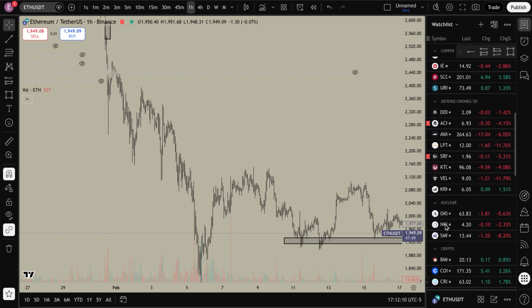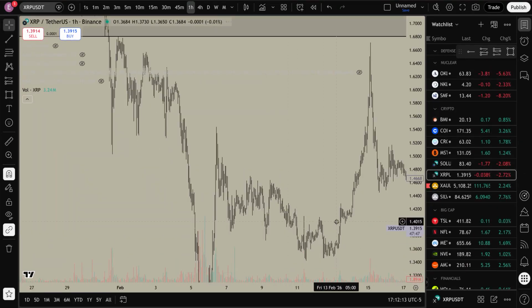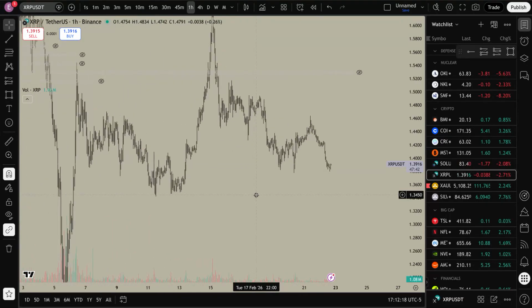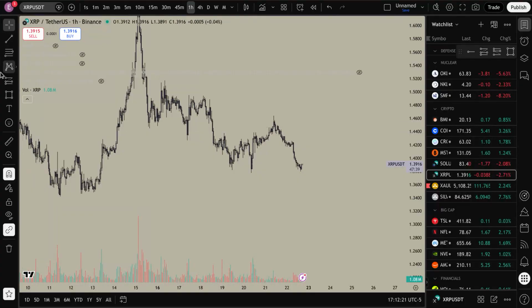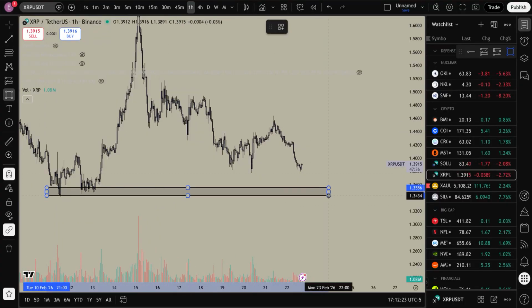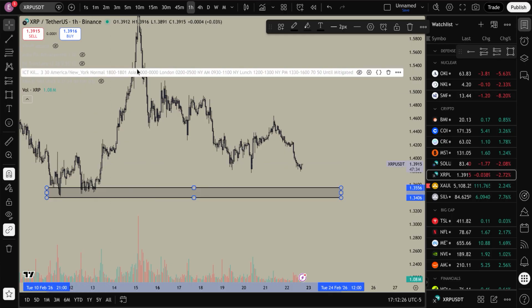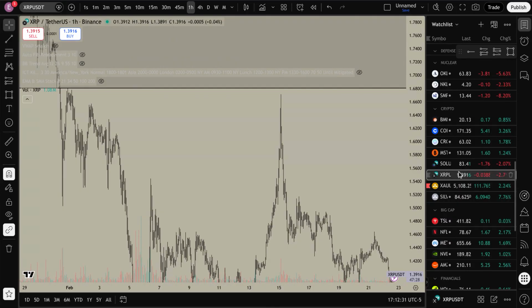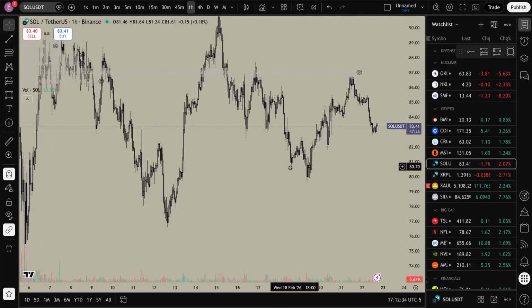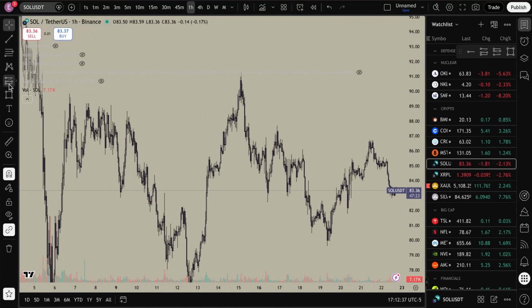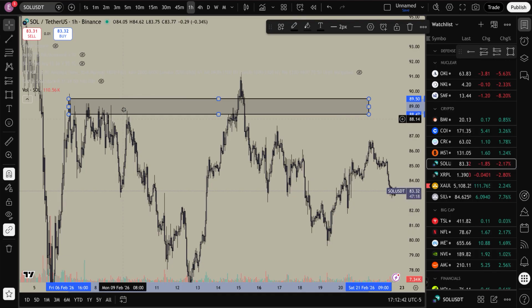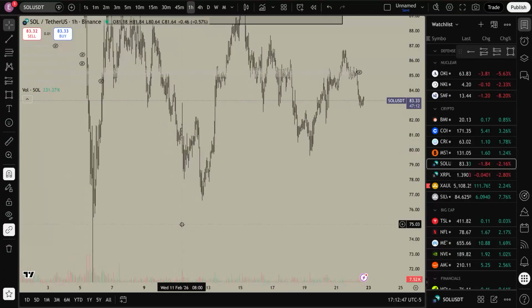Take a look at XRP and Solana too. XRP, you could probably mark something like this out, as that's a level where price bounced, then it made a huge rally from here. So that's definitely something to keep a look at. In terms of Solana on the 1 hour, maybe something like this, or it's just a really strong bounce, bounce, down, down, down. Yes, probably something like this would be resistance. In terms of support,